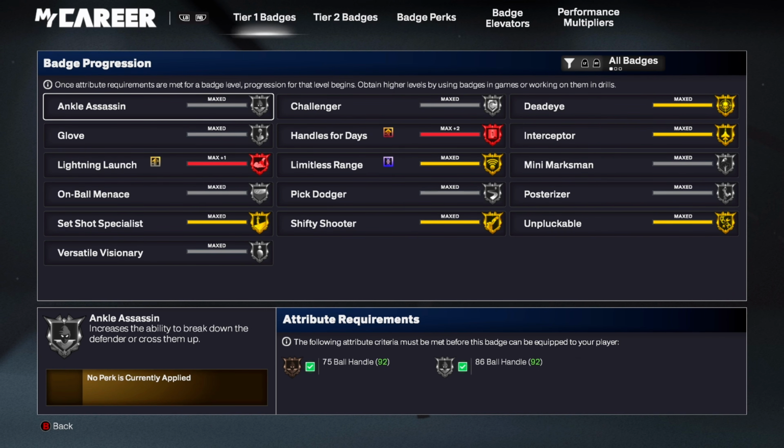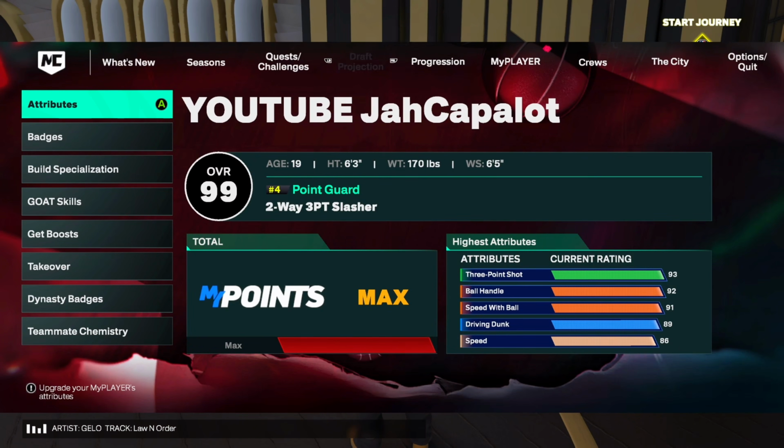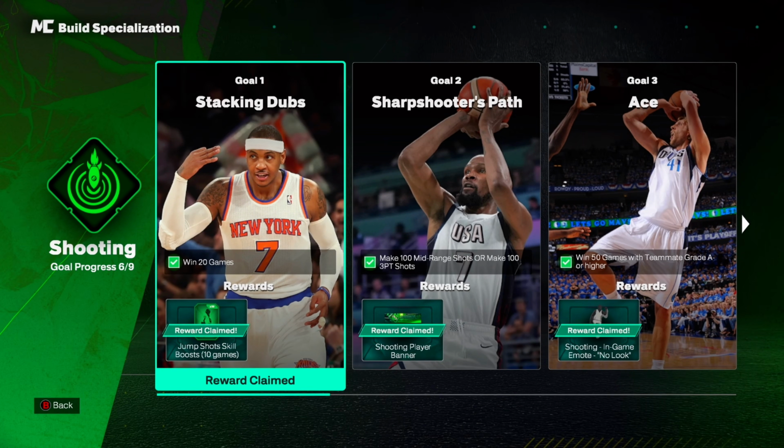As you see, I have all gold shooting badges. I'm going to show y'all right now. I have a 93 3-pointer. And the reason I have a 93 is because I got my shooting specialization cap breaker, which I'm about to get into as well. Basically, if y'all specialize in shooting, as you see right here, if you complete the first one,